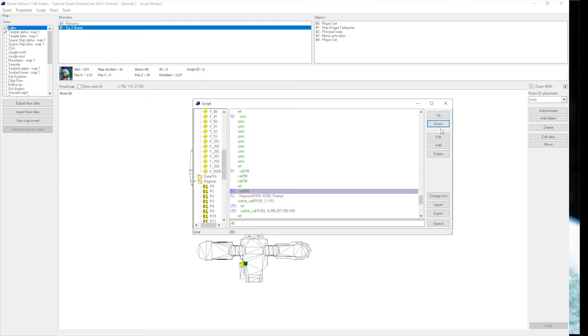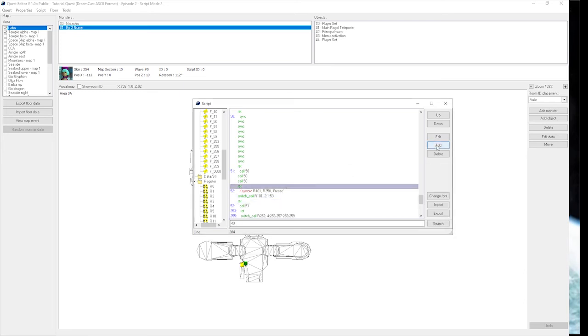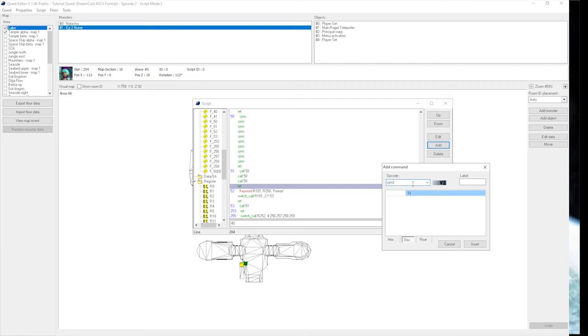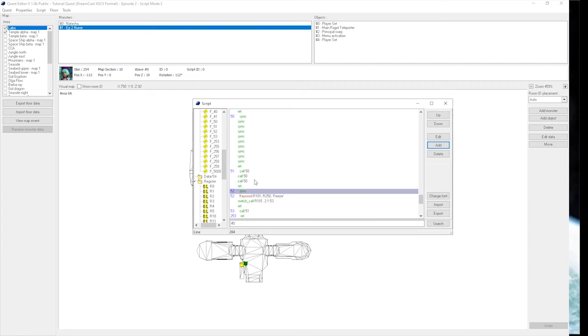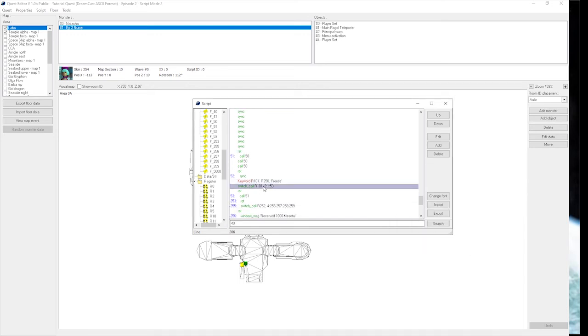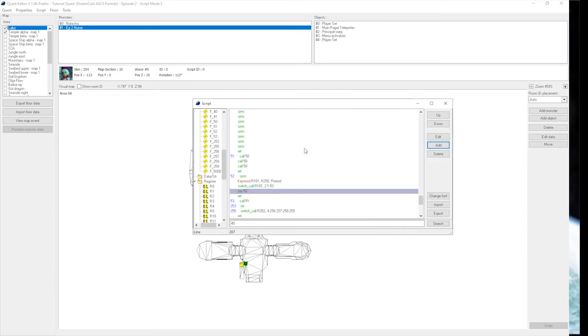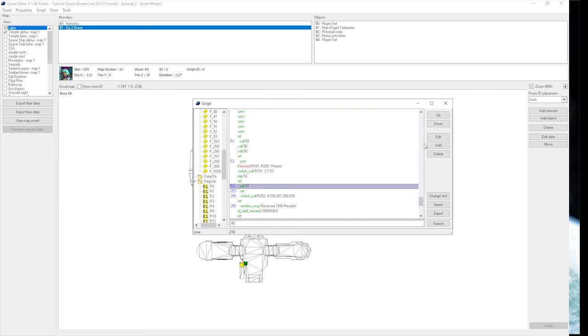Oh, I put it in the wrong place. We want a ret here. Actually, we want to start function 52 with a sync because this function is eventually going to get threaded. Okay. So what I want to do here is I want to have the function wait a bit when it gets called. The problem is